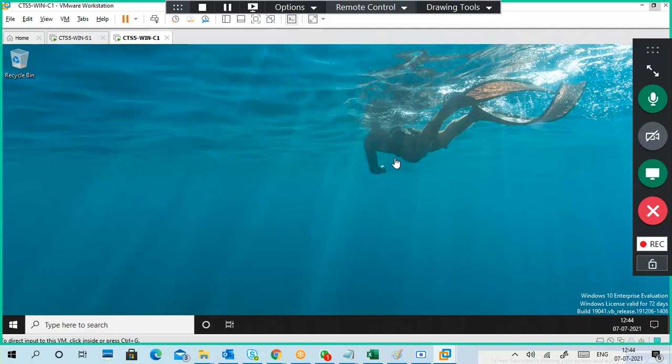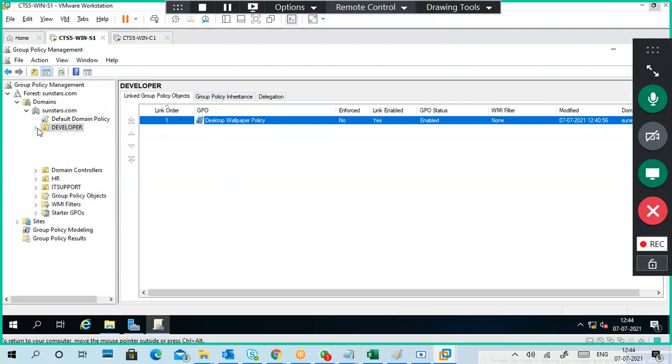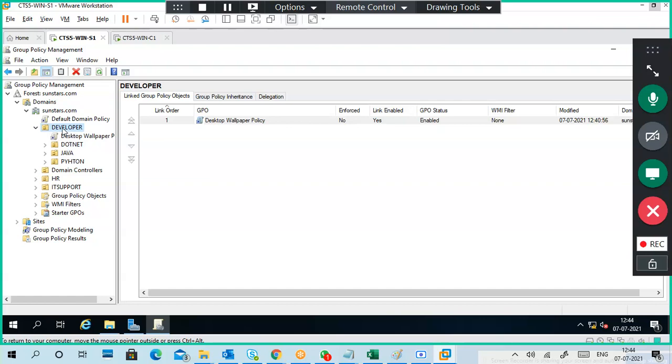So the policy won't apply on the JDLG group. The members of that group won't get the policies. So this is how to deny a policy. When I click on this, you automatically see what policies are linked to this one.